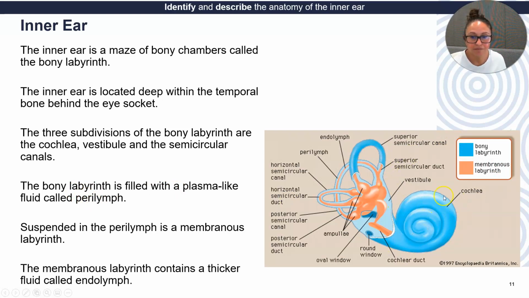But we also have inside the bony labyrinth, we actually have a membranous labyrinth. So we have a labyrinth inside a labyrinth. We have caves inside caves, a bony cave and a membrane cave. Now, the membrane cave contains a different kind of fluid. So bottom line is that you've got 3 structures, 1, 2, 3, bony caves, and inside the bony caves you have membranous caves, and they all have fluid in them. At the end of the day,